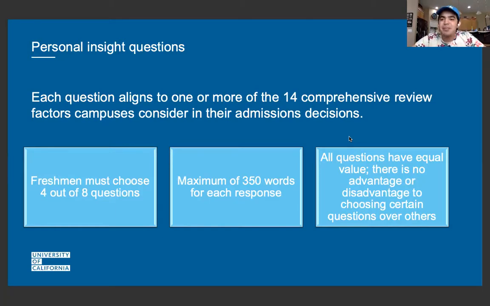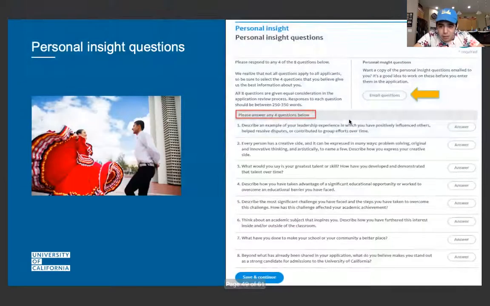For example, I talked about theater in one of my questions, and then I talked about environmental stressors in another of my questions. And then I had also talked about my leadership positions in other questions. These are what they want to know, these different things that make you special. Please answer any further questions.